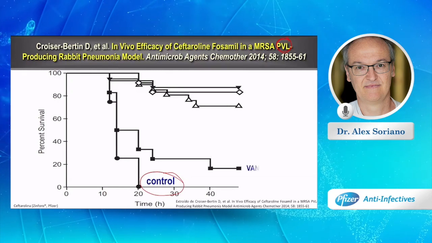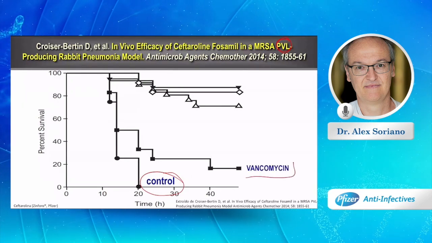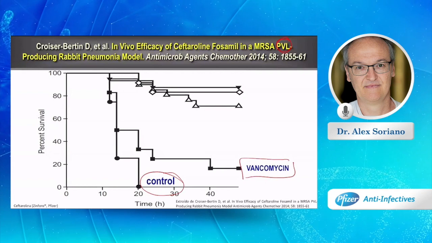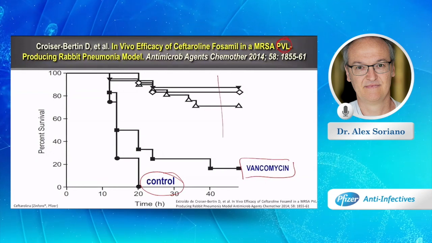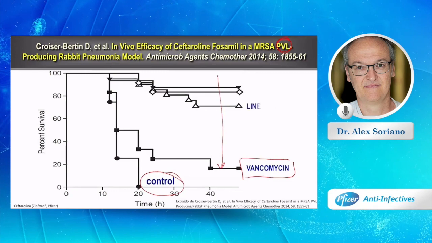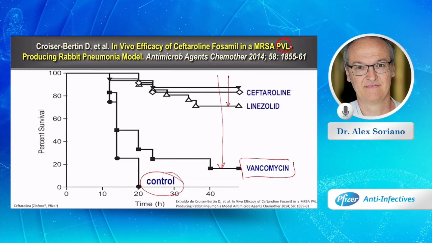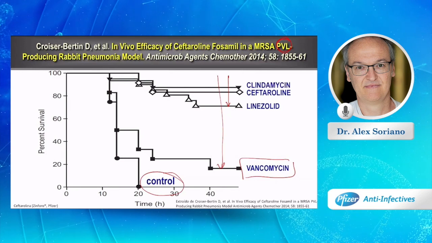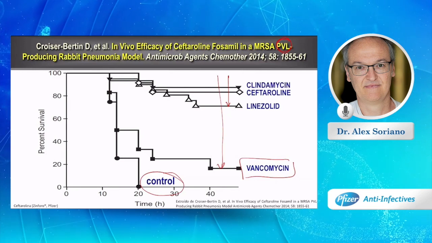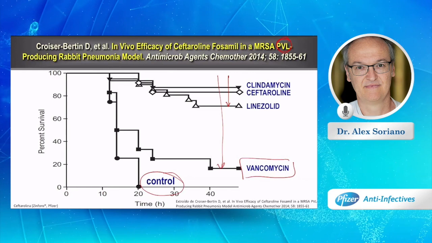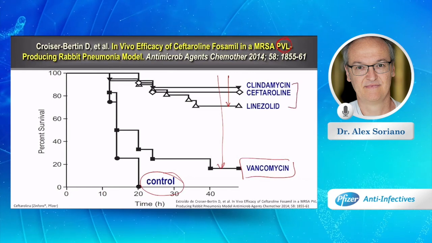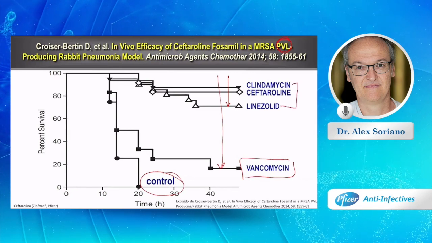They kill the majority of the animals that were treated with vancomycin. As you can see here, the mortality rate was so high. Linezolid was clearly better, Ceftaroline better, and as good as clindamycin. This is very interesting because we know that clindamycin and linezolid are inhibiting the production of toxins by Staph aureus,